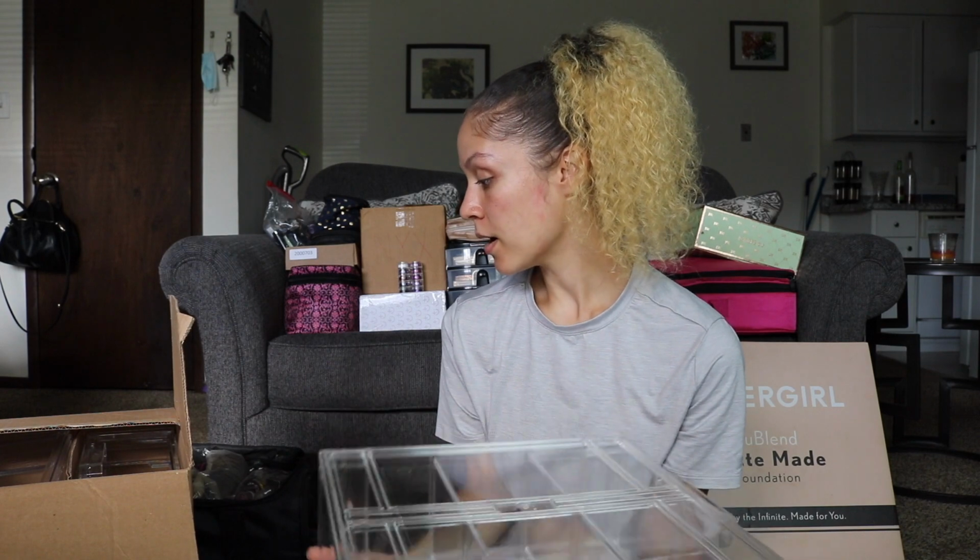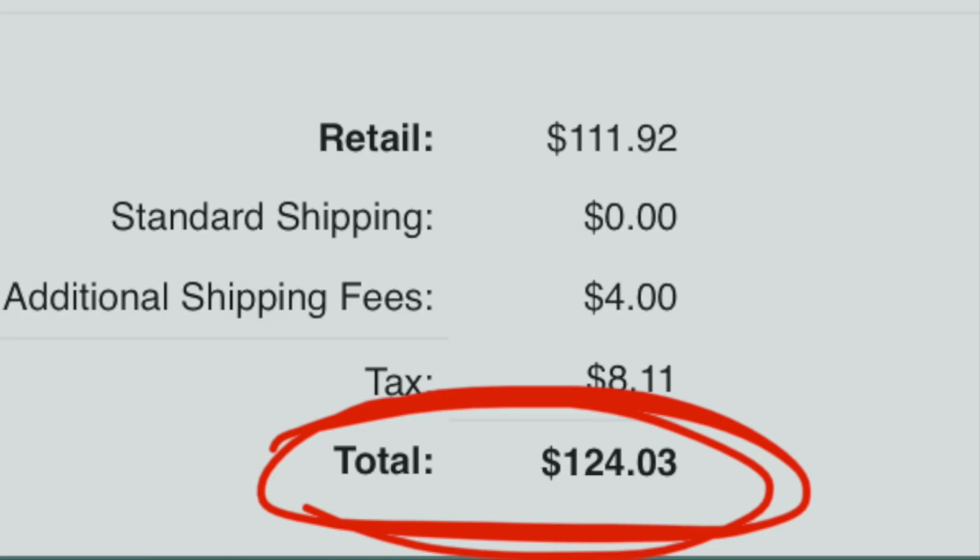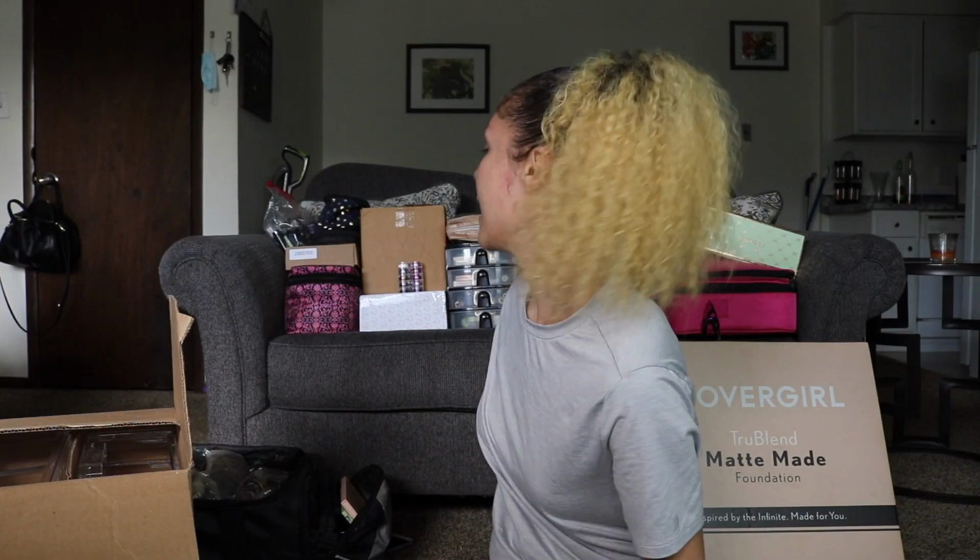Now these are the t-shirt holders from the Container Store, and these are stackable as well. Everything together after taxes was about $120 or $130. Now that I have everything laid out behind me, I'm hoping these 4 little drawers